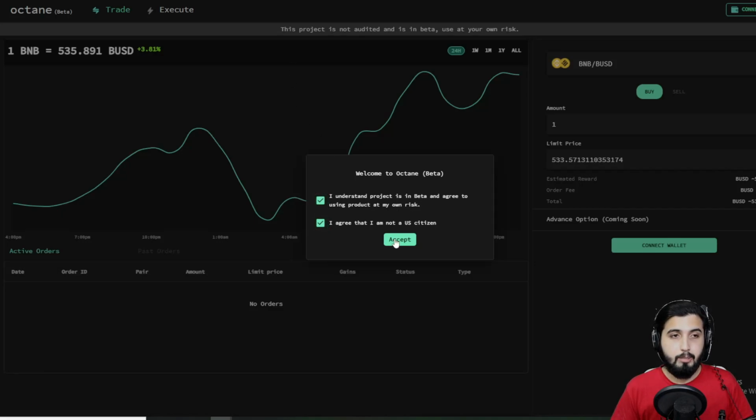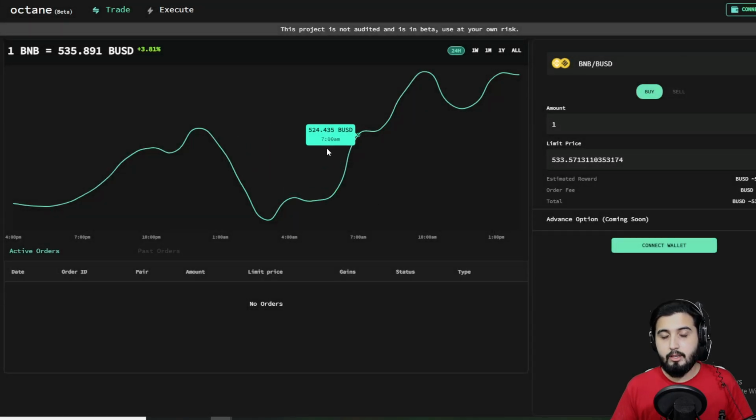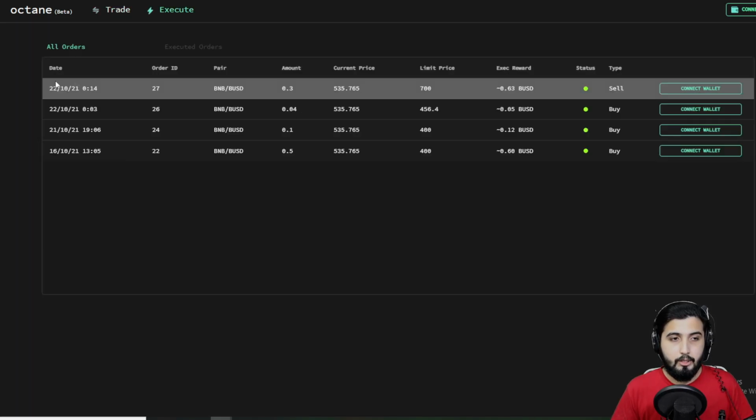Now this is basically their, I would say, dashboard, the app. It's in the beta stage, beta testing, so it's not completely done. It's currently under development, so you have to make sure that you take a look at it and use it at your own risk. So this is the 1 BNB price, and they're currently working. There will be a lot more things that they actually have to add,